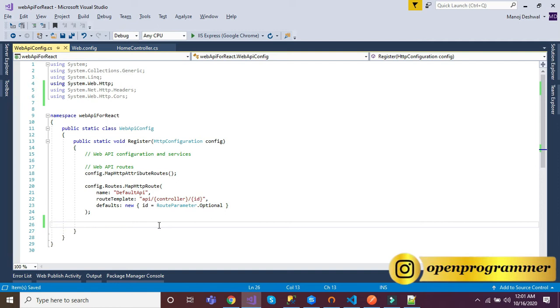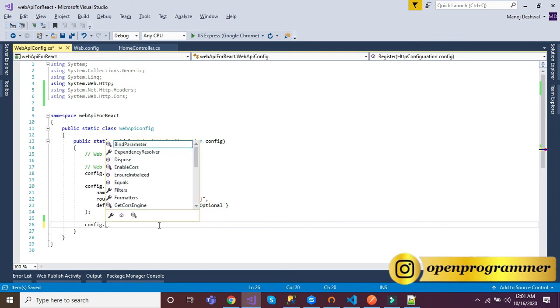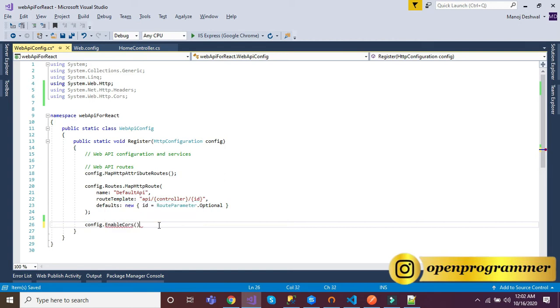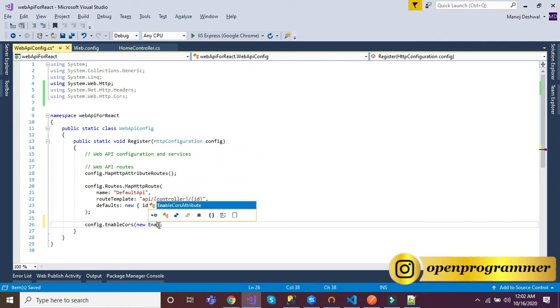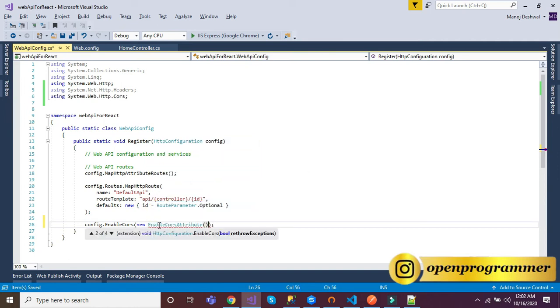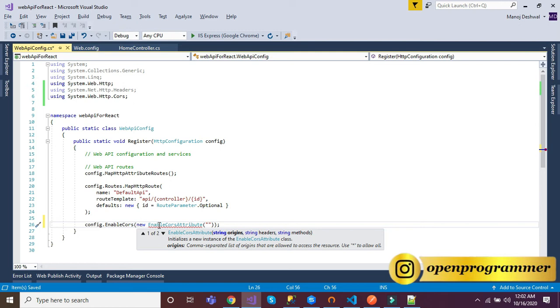Here we need to add some code like config.EnableCors, that is the method, and inside this method we have to declare another EnableCors attribute, and it will take some parameters. First one is the URL from which you will try to get it, or you will hit this web API controller.